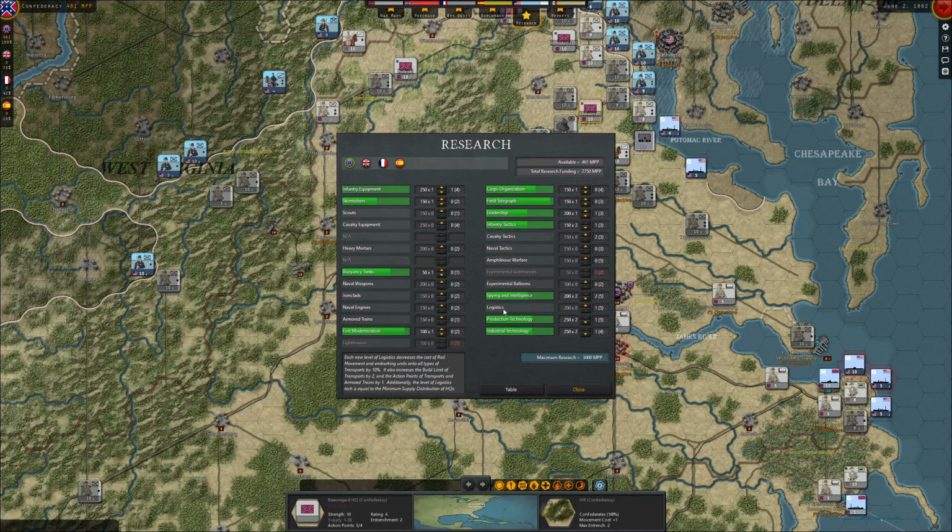And even though logistics is a really beautiful one, especially because, as you see here, it increases the build limit of transports, action points of transport and armored trains increased, level of logistics tech is equal to the minimum supply distribution of HQs. This is the main thing I want, but so far we don't have that big of a problem with this supply, and we are still in the strategic defense, so I find it okay not to push this hard at the moment, especially since we're not using any strategic